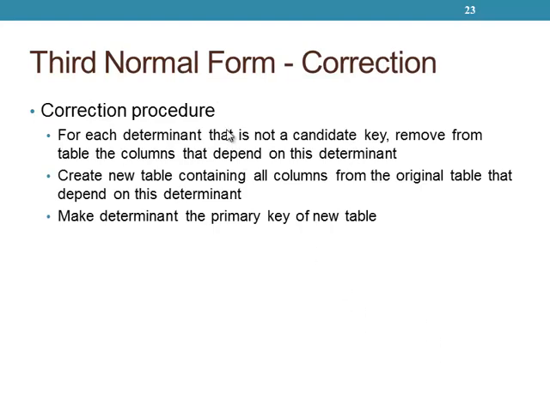So for each determinant that is not a candidate key, because all the other fields are not dependent on rep num, we're going to remove those columns from the table and create a new table that has some of those original columns, in this case last name, first name, and the rep num, and we're going to make that determinant, the rep num, the primary key.